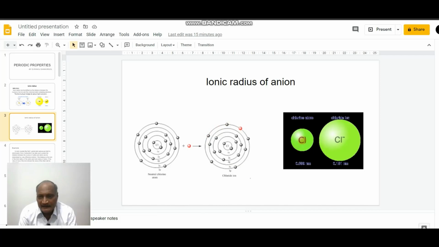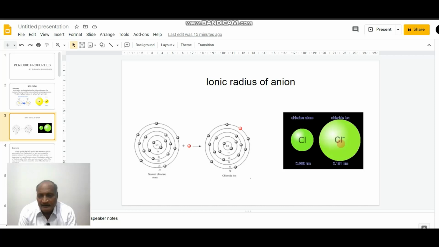As indicated in the figure, by the addition of one electron, the neutral chlorine atom will be converted into an ion. So here the picture itself indicates the atomic radius of a neutral chlorine atom is smaller